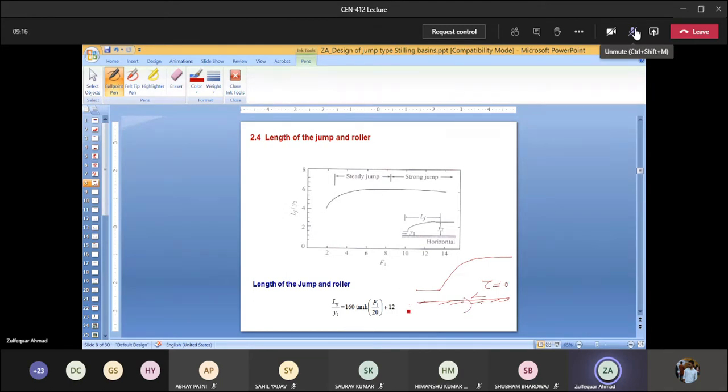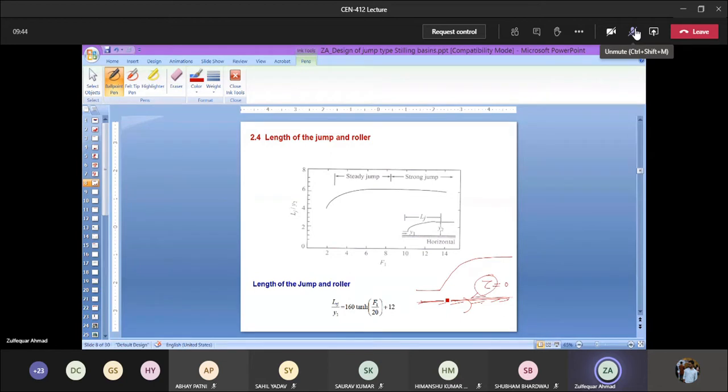We are not taking into account this tau in the derivation of the classical hydraulic jump, that is the Belanger equation. But practically it is not like this. This means that practically there would be variation. Further, this is a plane surface, but the floor may not be a plane surface; it may be a depressed surface. In that case, of course, the parameters will be different.